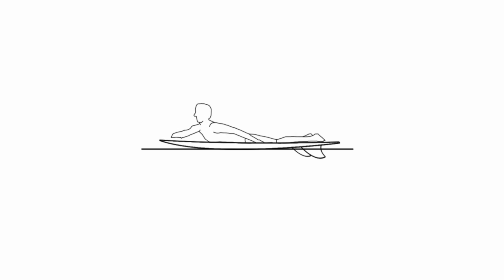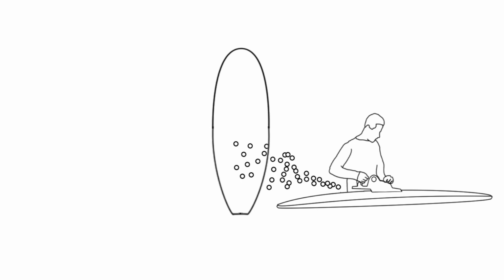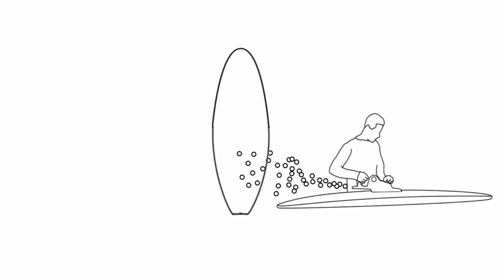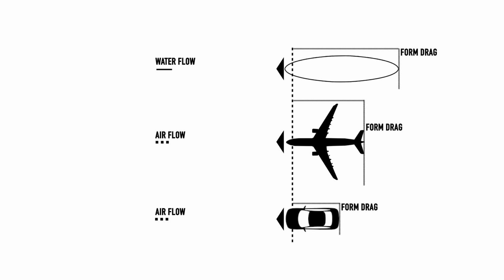The surfboard shaper might increase or decrease the shape and volume of the nose depending on the user's specifications and surfing level. And to understand these differences, we need to talk about the functions of differing nose shapes and their effect on drag. There are two types of drag, frontal drag and form drag. Frontal drag is the point at which the nose of the board, or car, or aeroplane first cuts its hole through the fluid. Form drag is then everything behind that, like our heavy bodies laying on the board or the rest of the surfboard itself.